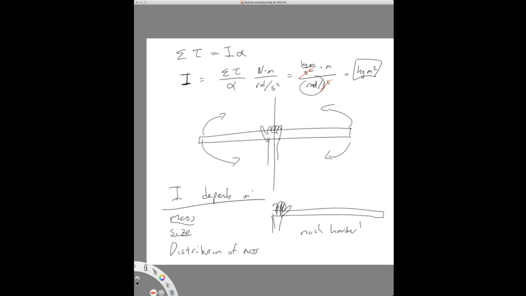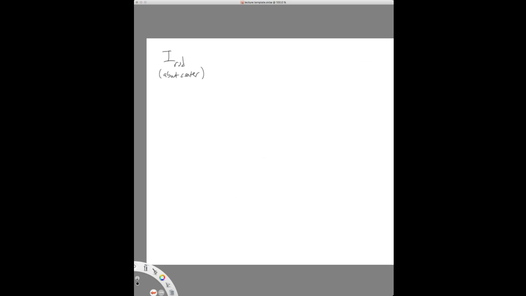So these calculations have been done already. The moment of inertia for a rod about the center, meaning if we rotate it about the center, that's my picture in the middle here of the meter stick, the formula for that is 1/12 times the mass times the length squared. So it has something to do with the mass, with units of kilograms, and something to do with the size, with units of meters squared. And then there's a constant,